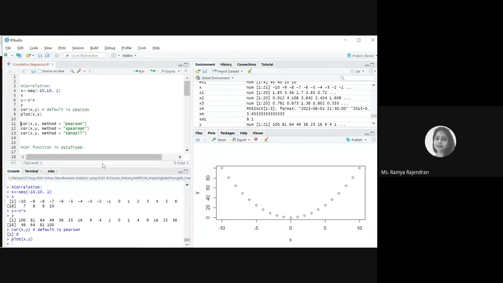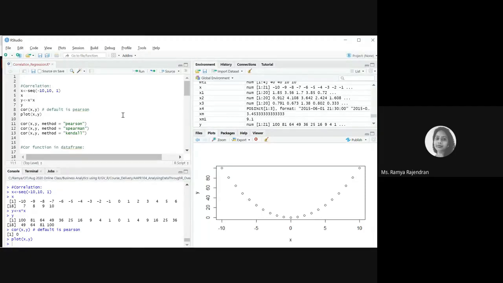I have Y on the y-axis and X on the x-axis. Y decreases as X increases, but over a period of time it starts increasing. So you can't say there is a relationship at all. Actually, Y equal to X squared is a nonlinear equation, so there is no correlation.